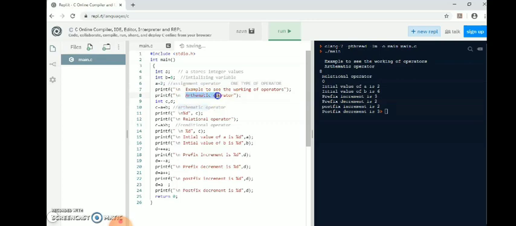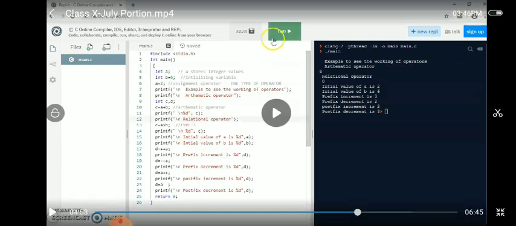Next we are going to see the arithmetic operator. C is equal to A plus B. That's an arithmetic operator. Then relational operators: greater than, greater than or equal to, those are relational operators. Here what I have done is I have given a condition that A should be greater than B. That is a type of relational operator.